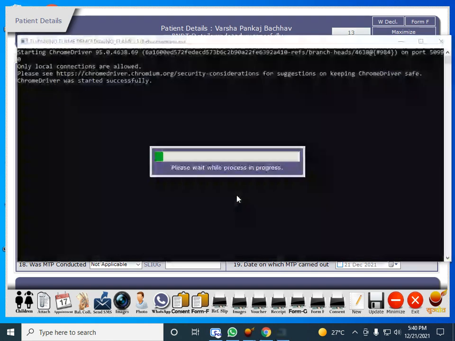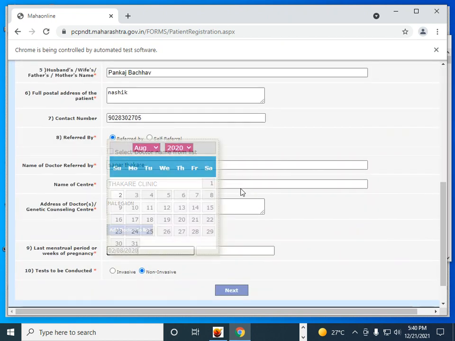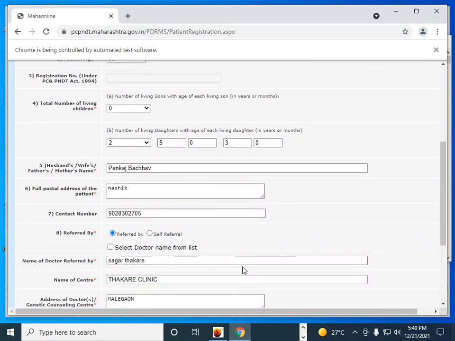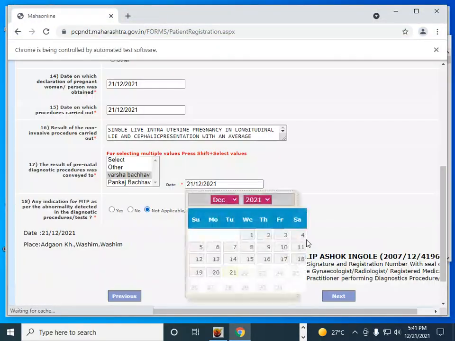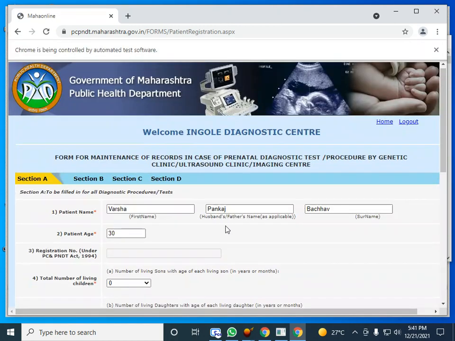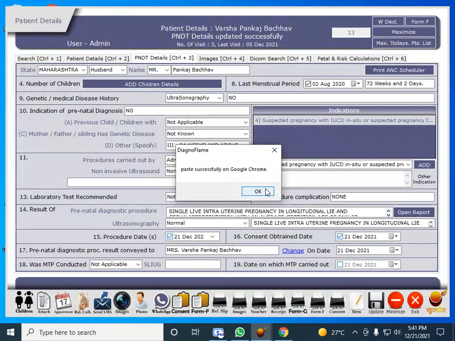A form will get pasted in the government website within just 8 to 10 seconds. No need to fill a form on the government website manually. Here is a form.